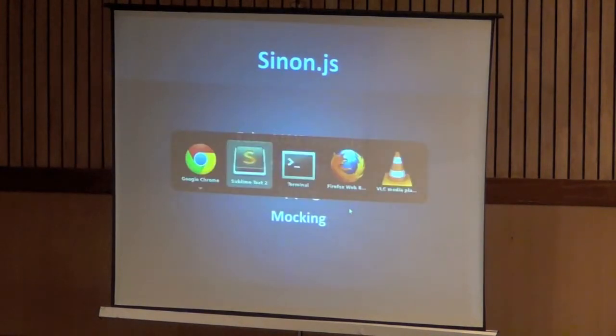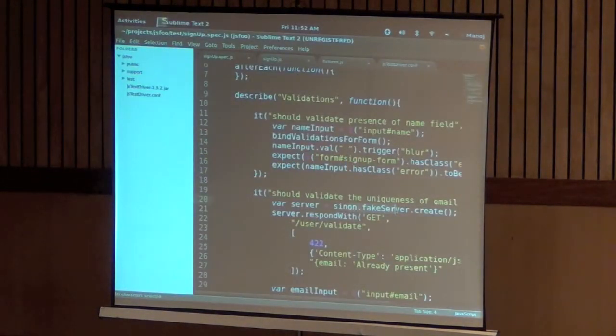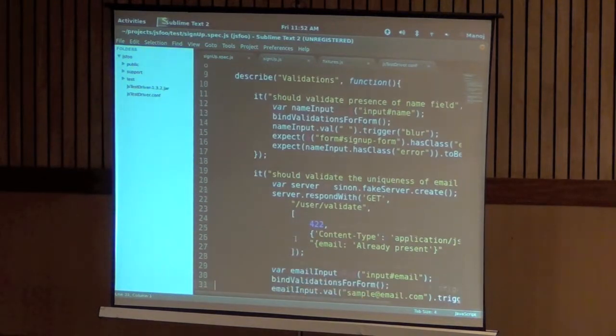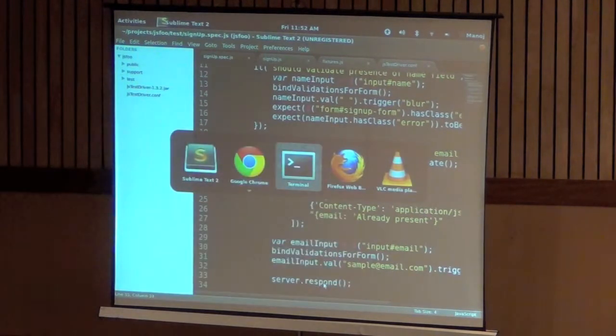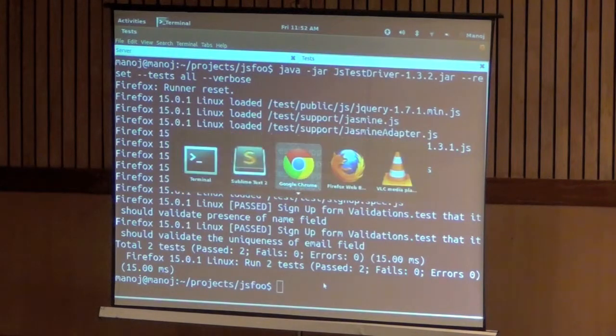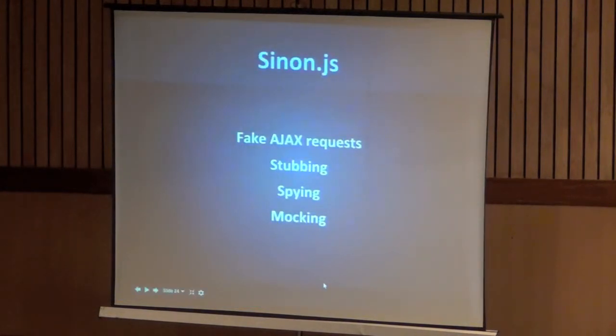This is where I'm creating the fake server, and I can control what response it has to give, and I can also say when it has to respond with the result. So this kind of stuff can be done with more stubbing and spying. With spying, for example, you can spy on method calls and expect whether this method has been called.